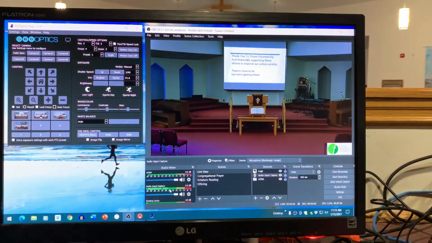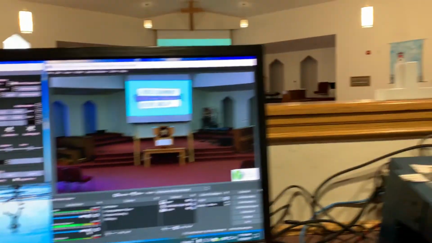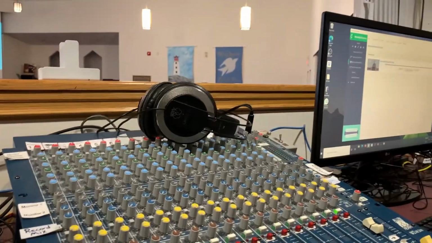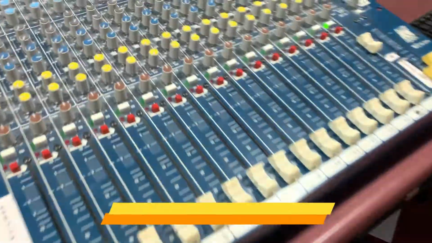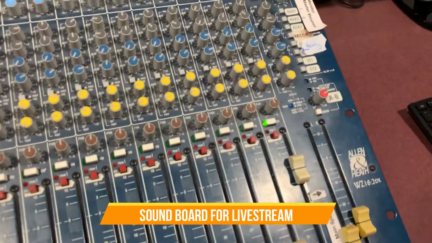And you can get a visual clue as to how much you're outputting over here. So if it's bumping into the red, we've got a problem. We're going to want to turn our input down. You can turn this down, but it turns down everything. So you can use that, but probably better to go over to the soundboard and figure out, if it's too loud, where's that coming from? So I'm going to pop off the tripod for a second and go over here. So right now it's coming from the computer sound channel,